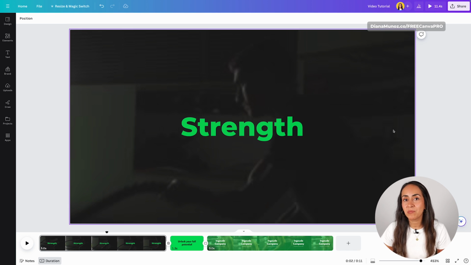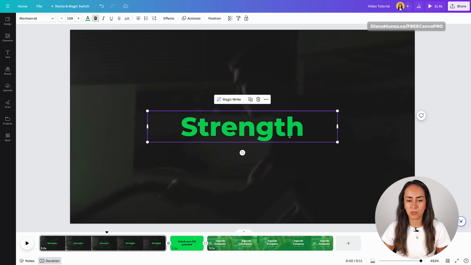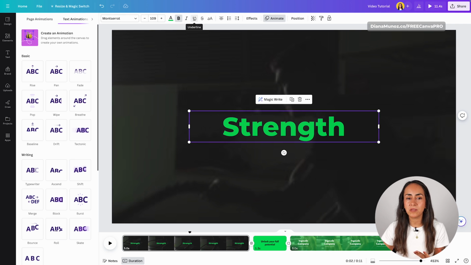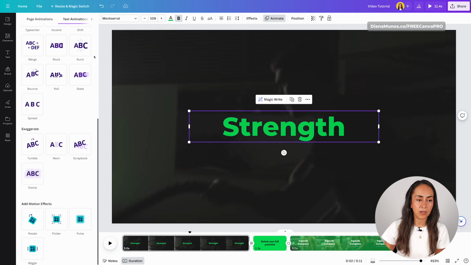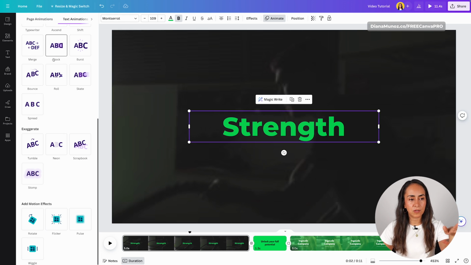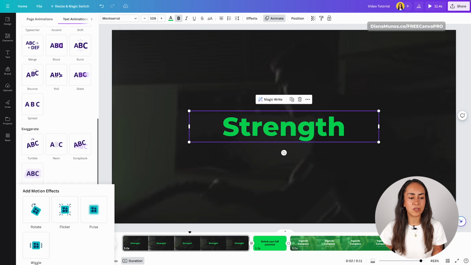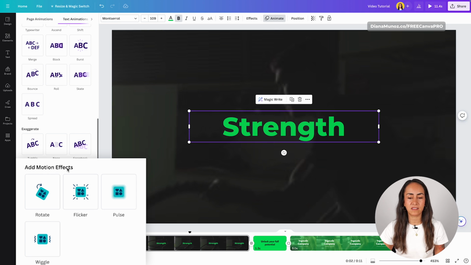I'm going to add a motion effect to this text box. So I'm selecting the text box. Remember that on the white toolbar we have the animate option. We have a lot of animations to make our text box appear or disappear. But if you go below all of these animation options, you will see motion effects. This will make your elements rotate, flicker,